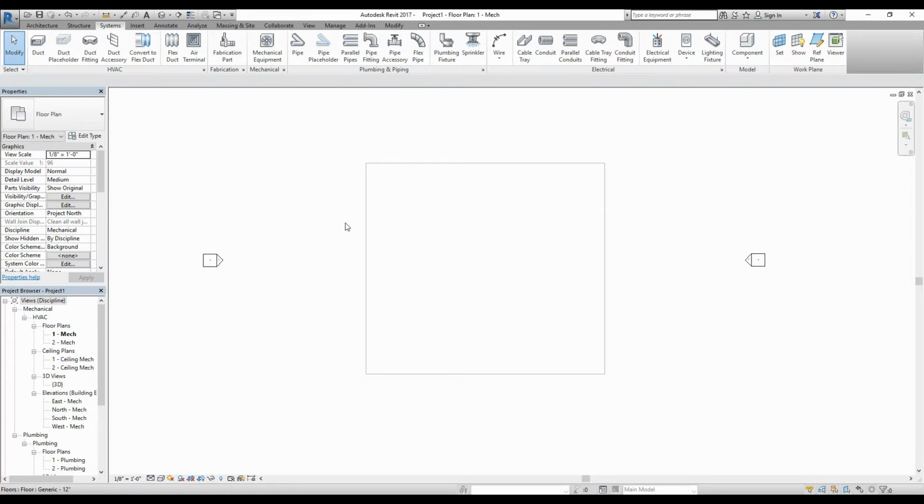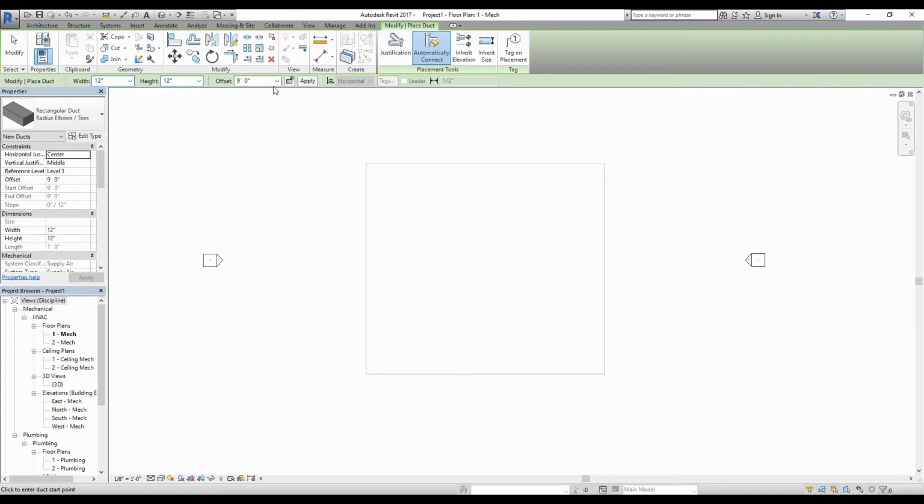So we can start by drawing duct. Pretty simple. Just under the Systems tab, we can click the duct. We have our standard offset or elevation. This drawing is pretty similar to the one we used in the pipe video. It's just a floor right now with the base level at 0. So this duct,